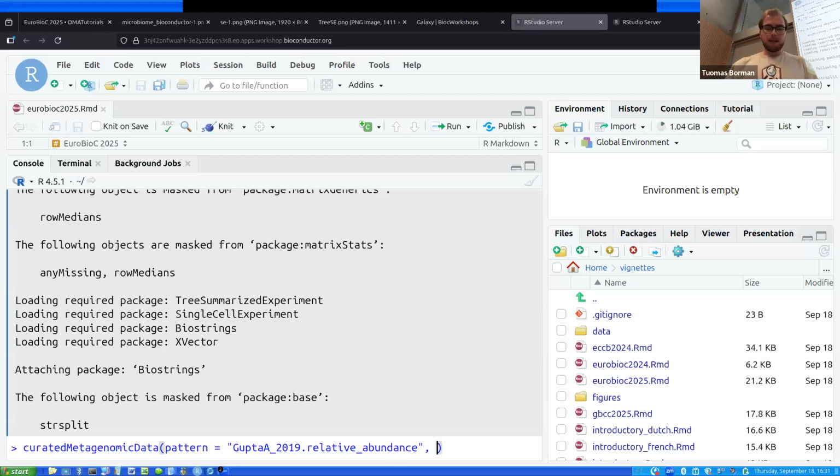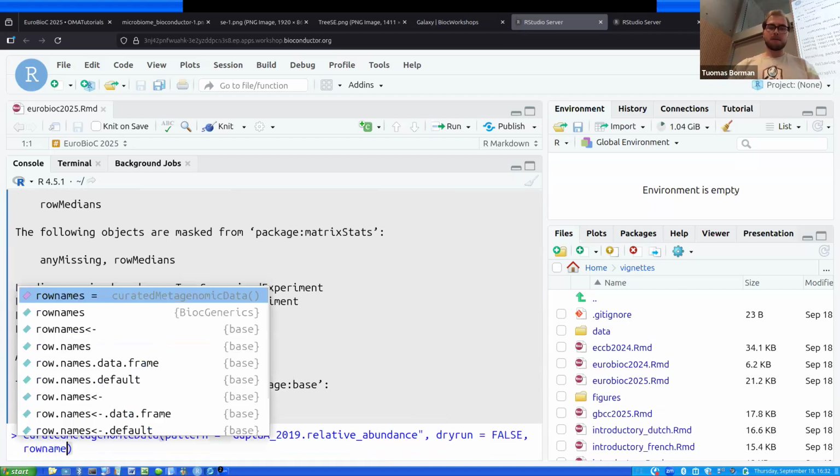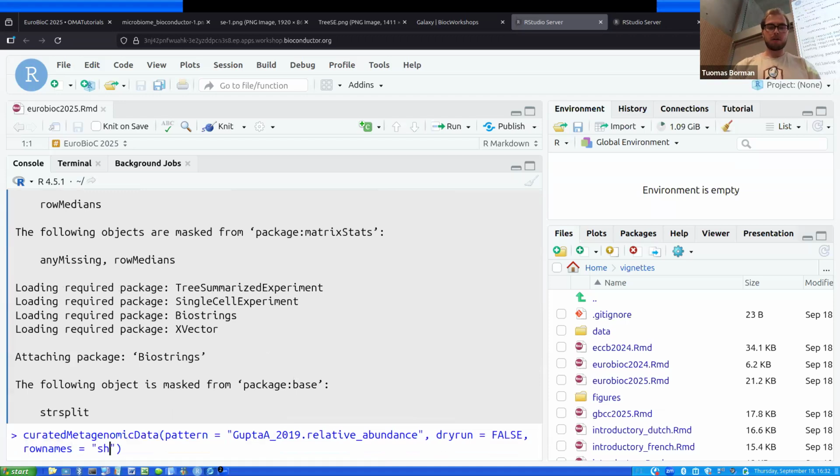Then what we want is dry run equals false, because if dry run is true, then it just fetches the available datasets. So we want dry run is false. And then we want row names equals short. It just makes the row names nicer. And we put this data to TSE variable